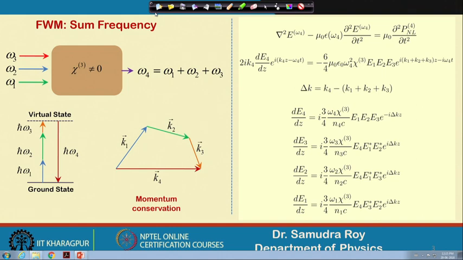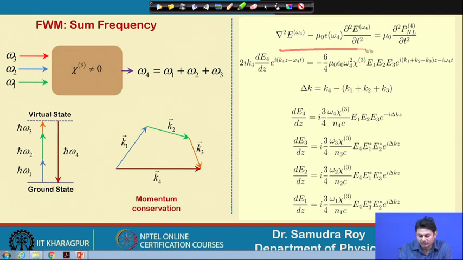As far as the equations are concerned, we already solved this equation in the previous class. This is the starting equation, the nonlinear Maxwell's equation, with a source term, and the procedure is exactly identical to what we have been using. From that we put in E, and when I put in E omega and P NL omega, I will have the evolution equations.